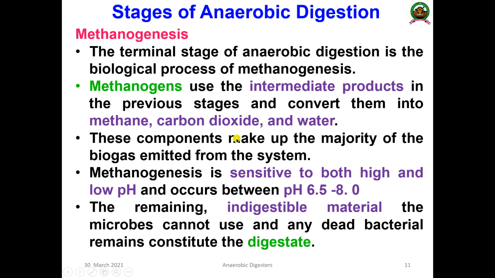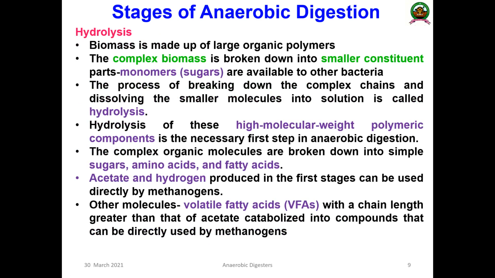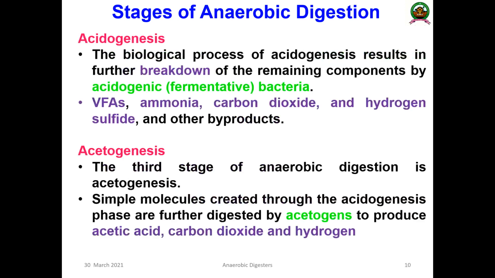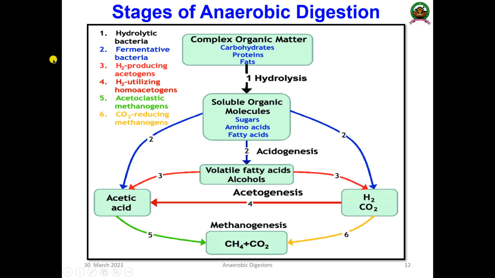So that is why microbiology has a very important role. All these processes are microbial processes, because in hydrolysis, hydrolytic bacteria are involved. In acetogenesis, the organisms are able to do the acetogenesis process. The fermentative bacteria will be involved in acidogenesis. Acidogenesis and acetogenesis are also microbiological processes. And finally methanogenesis, that is also a microbiological, strictly anaerobic process. So these are the various stages. So this is what I have been telling.